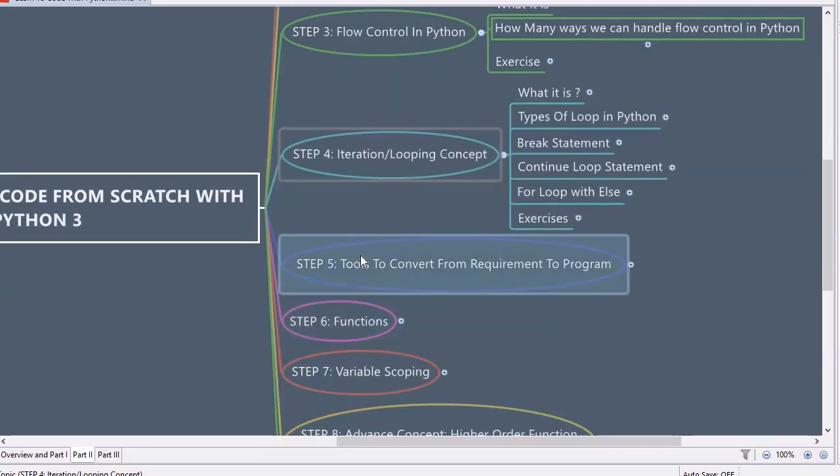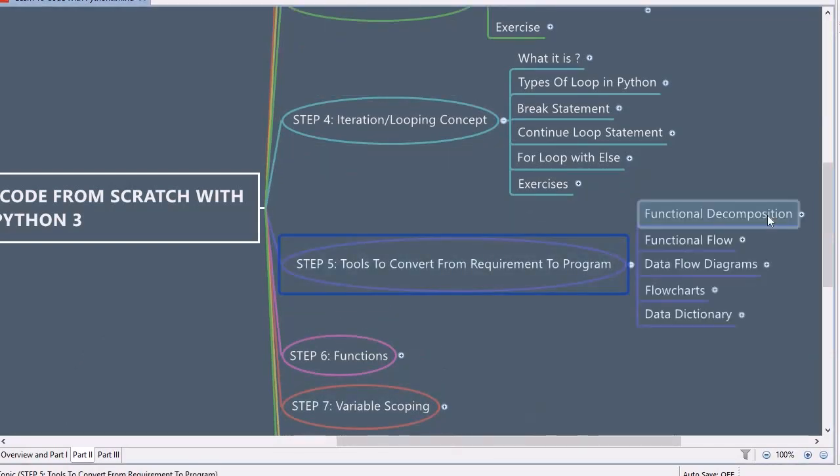So in step 5 I will introduce you to the tools which we can use to convert a client requirement to a program. The tools which we will discuss are functional decomposition, functional flow, data flow diagram, flow charts, and data dictionary. I will give you an example of how to use these tools,